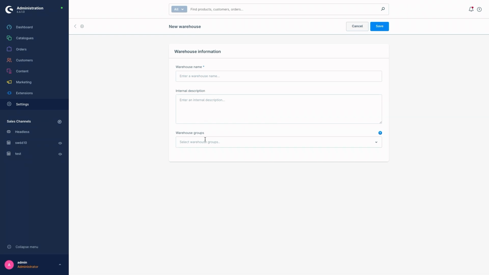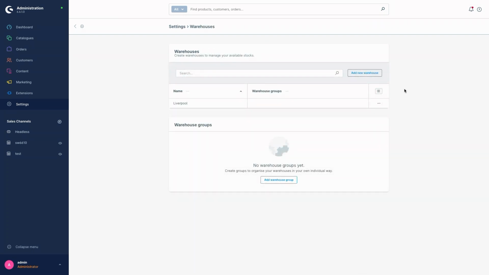The goal is to prioritize the warehouse or the warehouses within the order in relation to the shipping address, in addition with rules. For example, for international shipping, the order would be sent from warehouses near the shipping address to shorten the delivery times and tax and avoid customs. After saving your warehouse, you can now edit a warehouse by clicking on the context menu on the right. So you can either go to the editing mode or you can delete this warehouse.